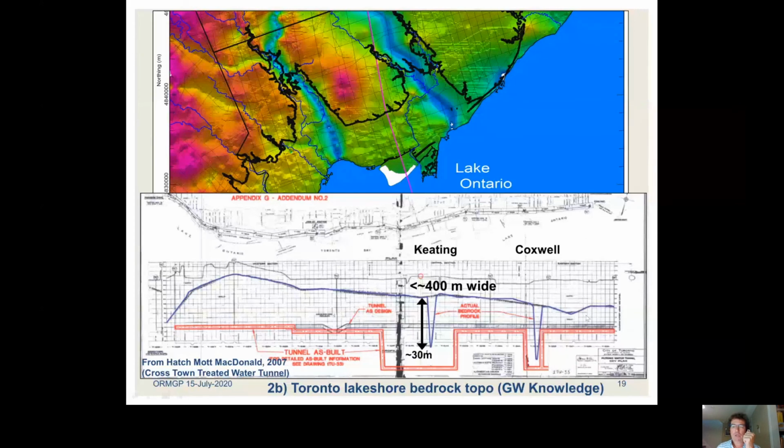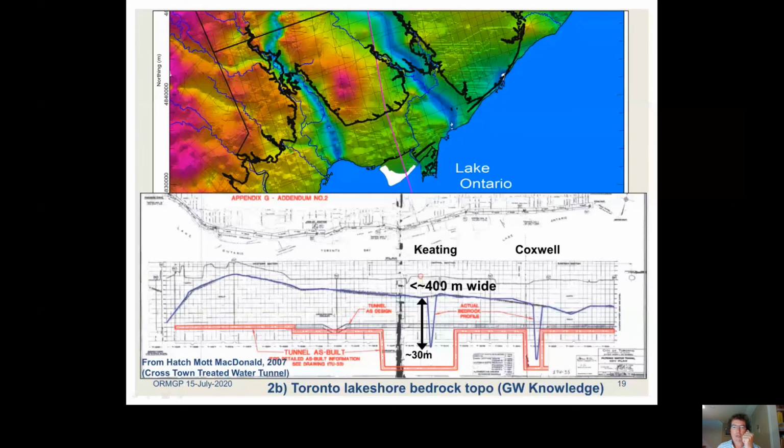In this case, what we're looking at is in the 1930s, a treated water tunnel was built along the Ontario lakeshore within shale to convey water across the city. This is the tunnel here, and what they found was that periodically they would hit bedrock valleys. Okay, so they don't want to be in Quaternary sediment, so they had to go down beneath these valleys with